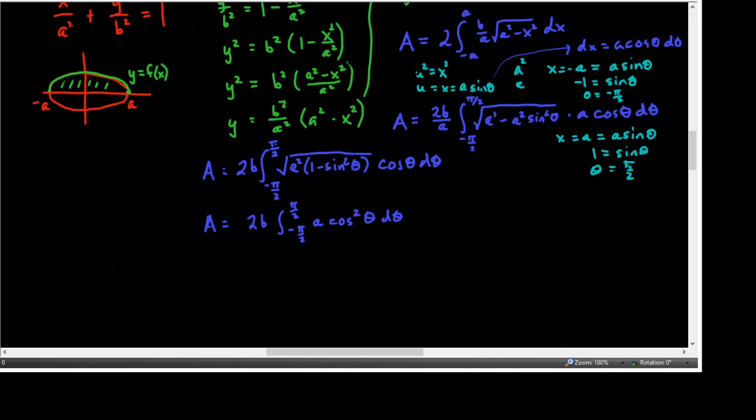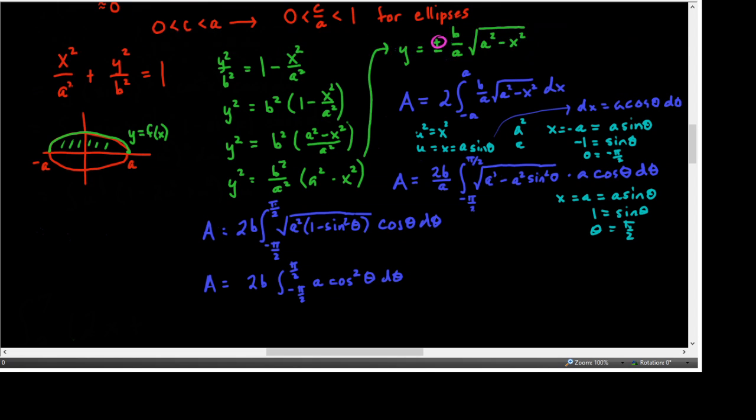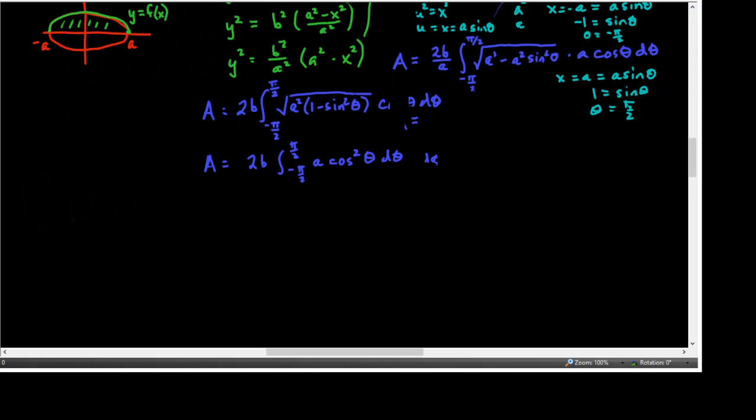Okay. Why do I feel like I've made a mistake? Sorry, I'm trying to figure this out, and something looks wrong. I don't think I'm going to figure it out just by looking at it like this. So let me just keep going, and if I've made a mistake, then I'll have to come back and figure it out in a second. So, all right, so I'll pull the a out,